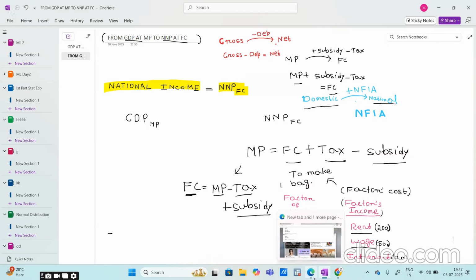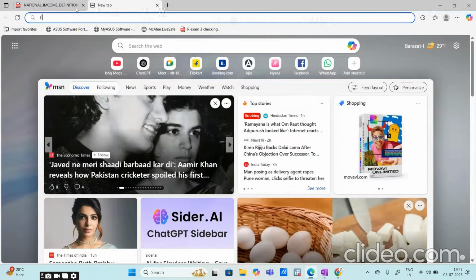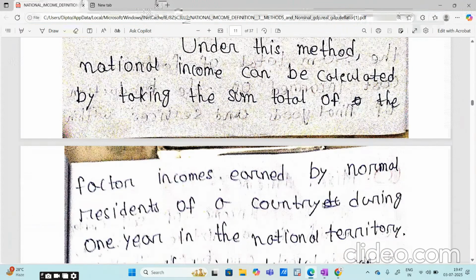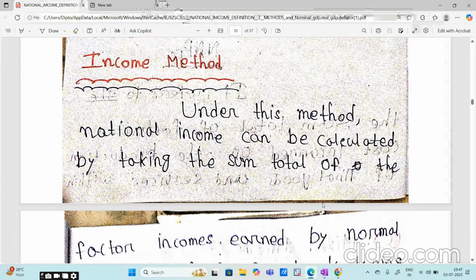Now I will be discussing how to calculate national income. There are three methods: income method, expenditure method, value addition method. Now income method is basically a very simple method. In the income method, there are four factors of production: land, labor, capital, and enterprise, and we have